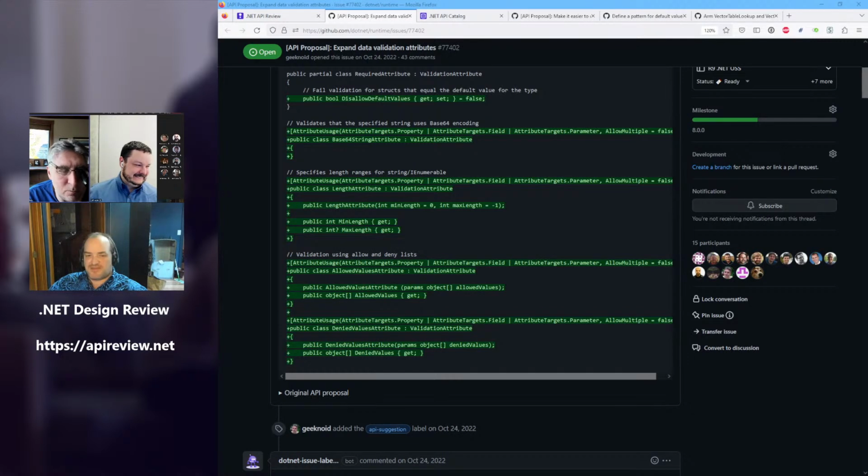In the original proposal I had two different constructors, one that just takes a min length, and one that takes both. But for attributes, we basically only allow you one constructor. Anything that's optional should be a settable property. Why is that? I don't know. It's how attributes work. It's literally how we always do attributes in the BCL. Okay, so there's no practical problem with doing that because it works just fine. I'd love to understand why, but.